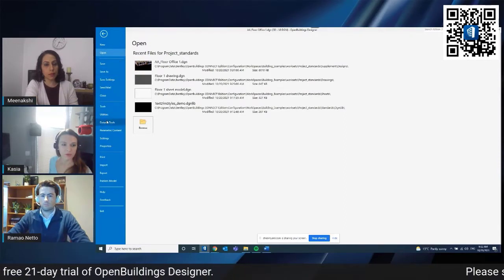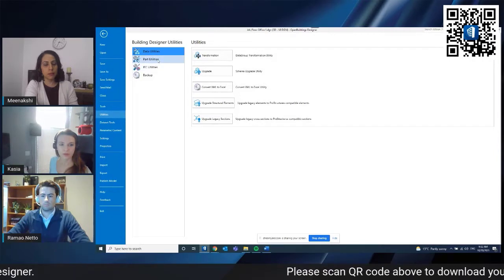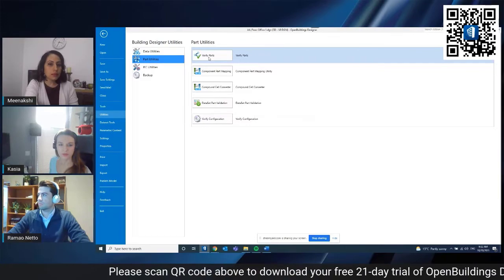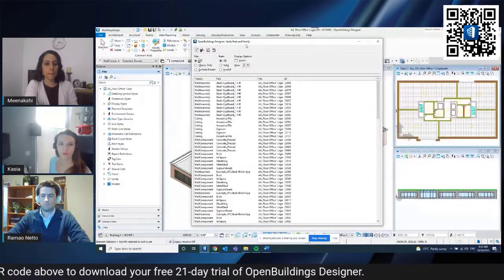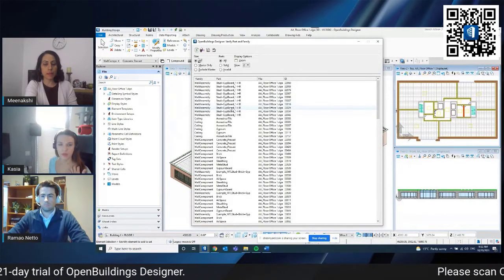If I go to the utilities and part utilities, the first tool is verify parts. If I select it, the verify part and family dialog opens, and here's where I can see